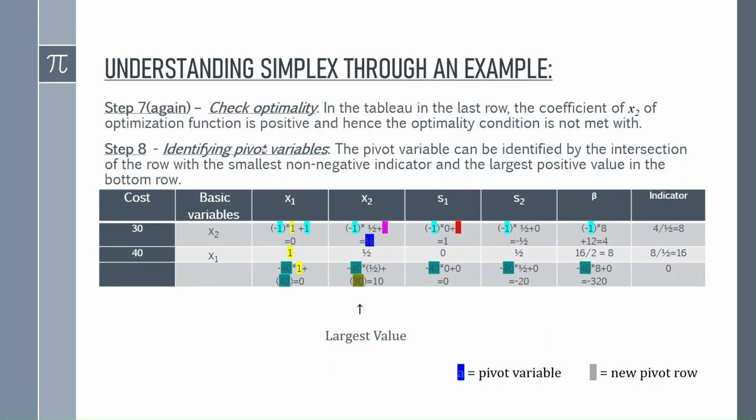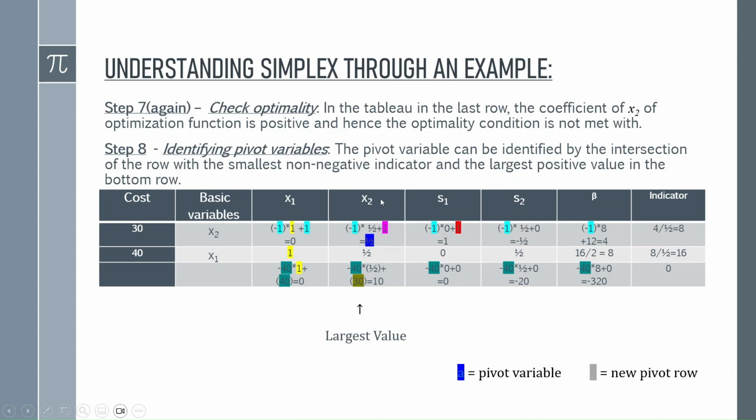Step 8. We need to repeat the process till we reach optimality. So we need to identify new pivot variables. Pivot variable can be identified by the intersection of the smallest non-negative indicator, that is the new indicator that we construct, and the largest positive value of the bottom row. So we construct this new indicator by first